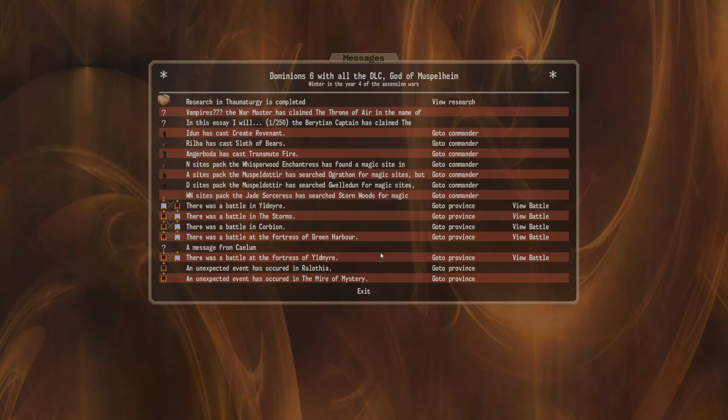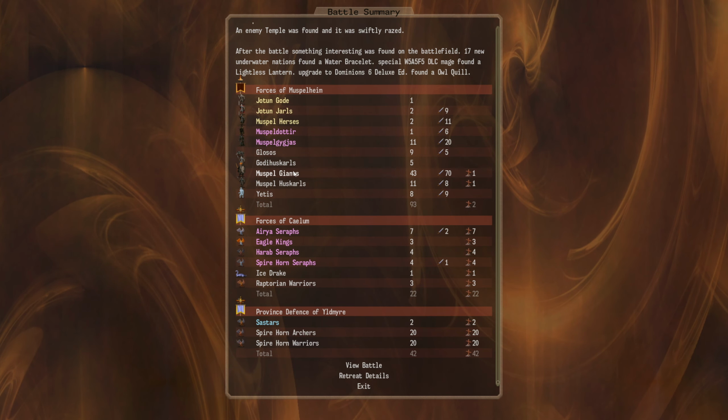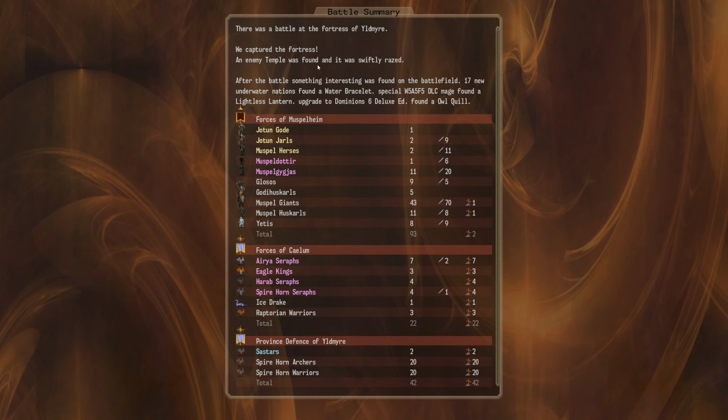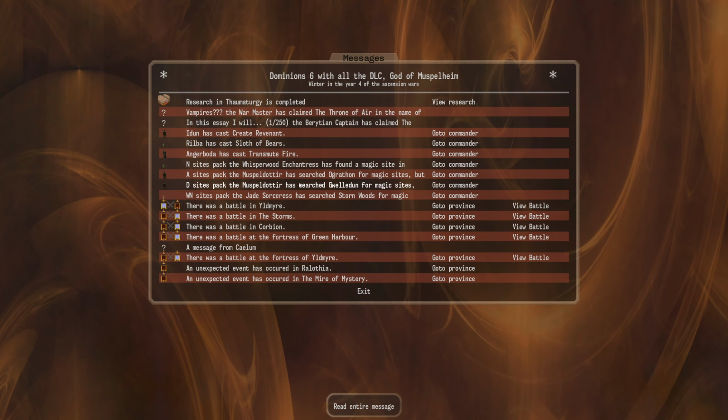Well, there's Illwinter. The fortress of Illwinter. That time we did lose... We actually lost a Muspelheim. But yeah, that's a lot of mages dead now. I can also confirm that Calum at this point has gone AI, so...